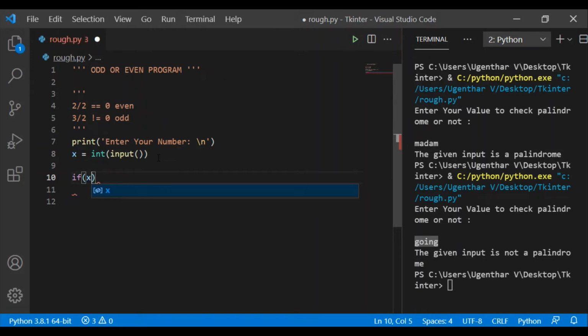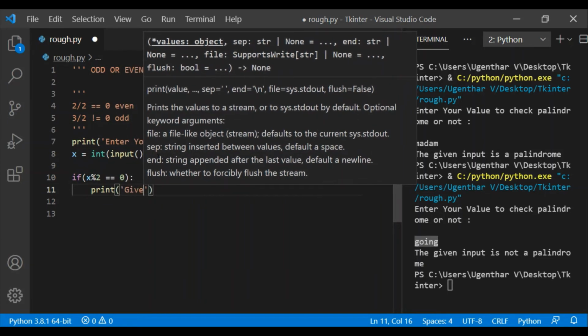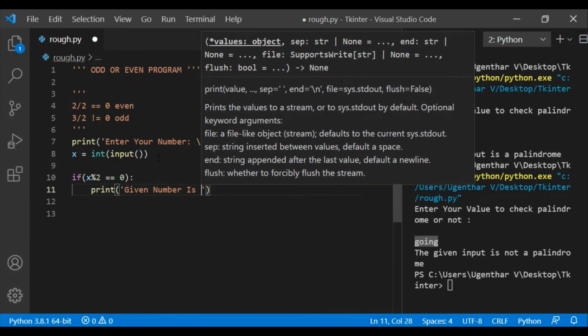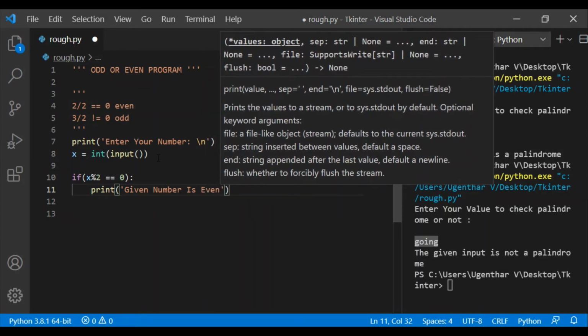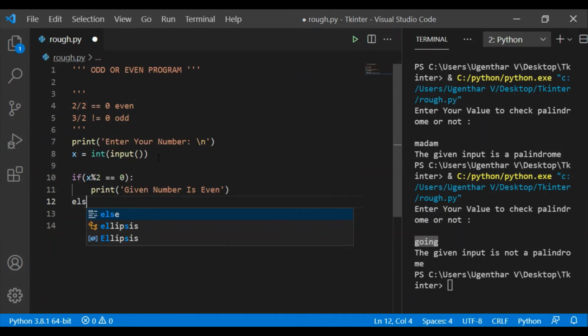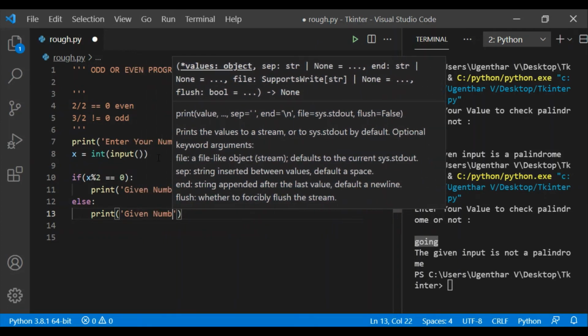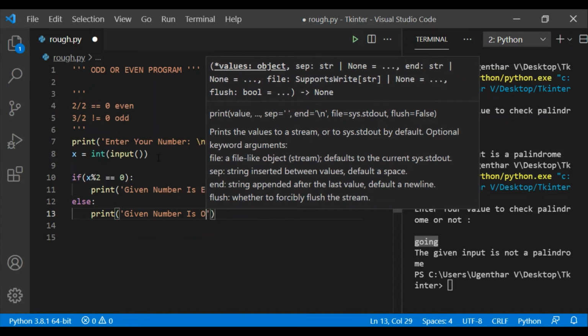In order to check the remainder, we use the percentage symbol here, like x modulo 2 is equal to 0, then print given number is even, else print given number is odd.